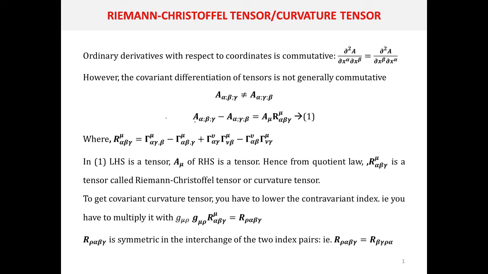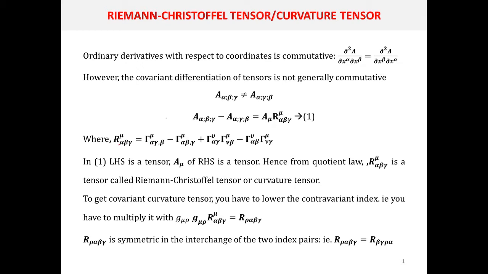You can calculate each covariant derivative, then just subtract the two, and take A_μ common. The remaining terms will be Γ^μ_αγ,β, Γ^μ_αβ,γ, Γ^ν_αγ Γ^μ_νβ minus Γ^ν_αβ Γ^μ_νγ, and these terms